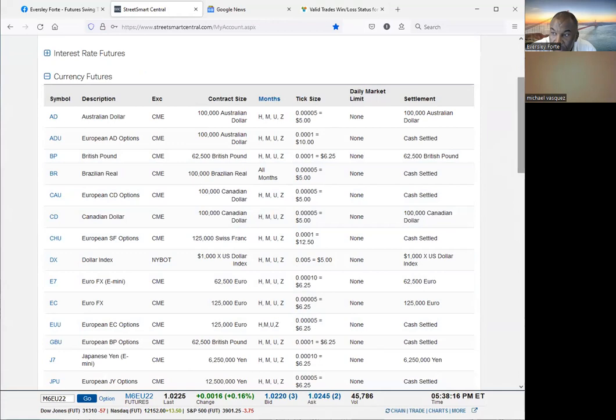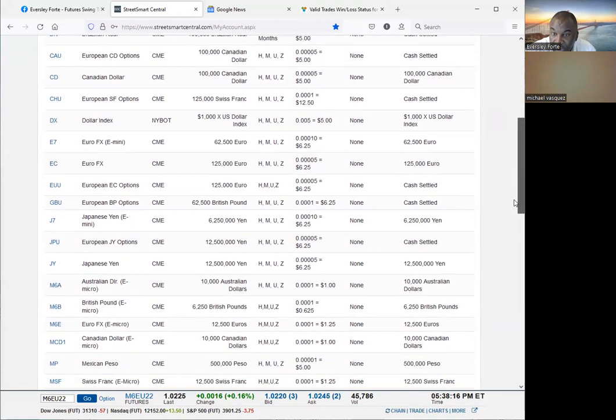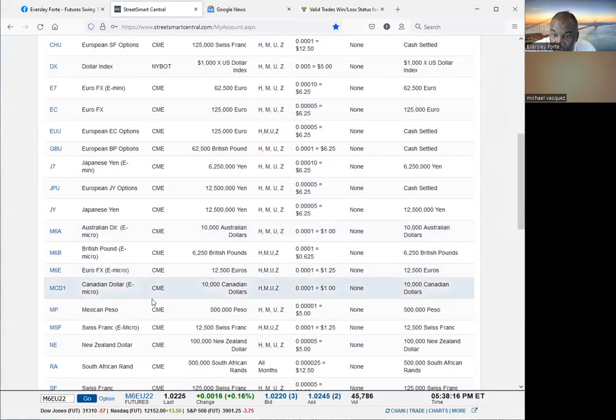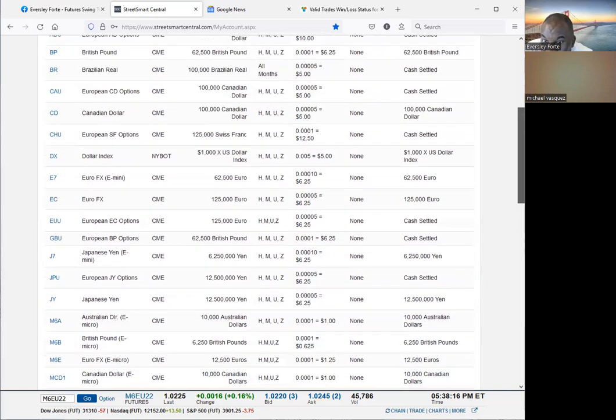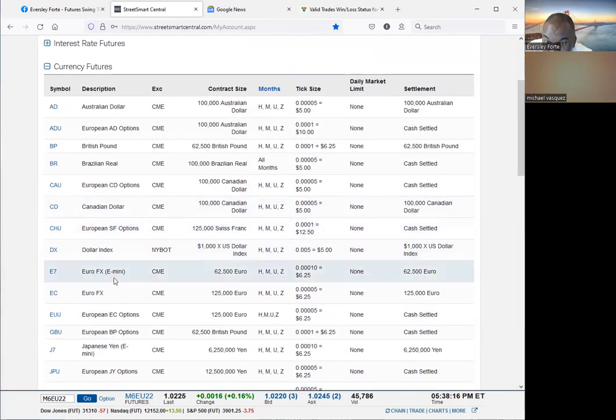And for the micro contract, which is 1/10 the size of the regular contract, you'll find an M in front of the symbol. So instead of 6A for Australian dollar, it'd be M6A, M meaning micro. So for the euro, if we were trading the full-size euro contract,